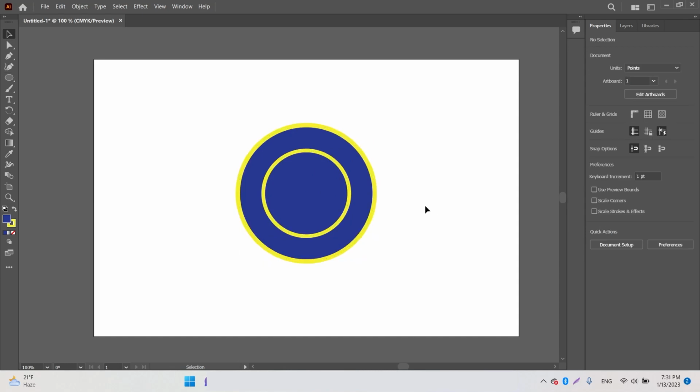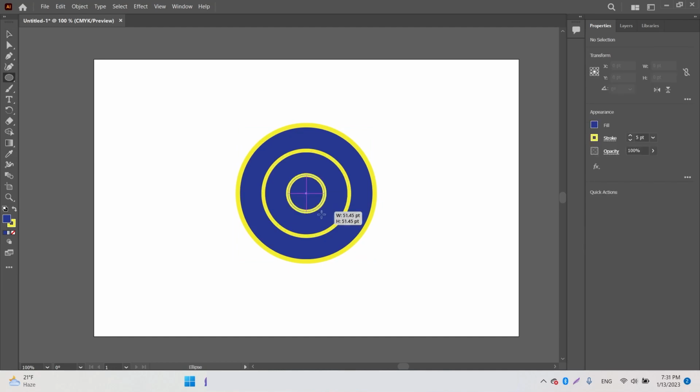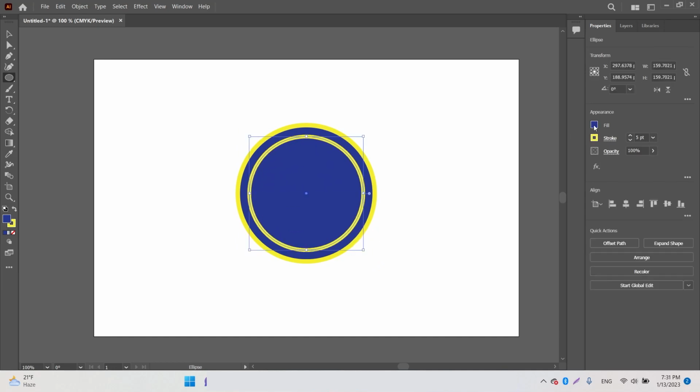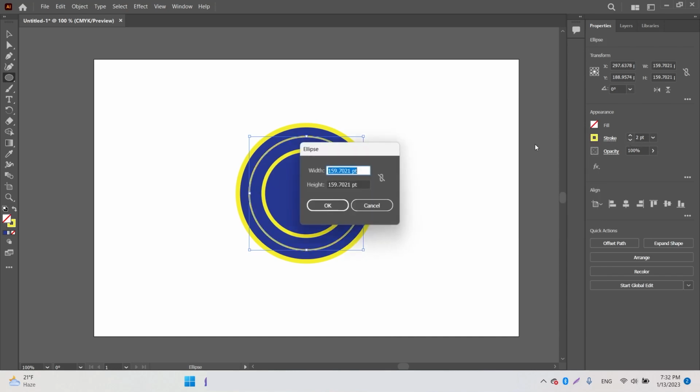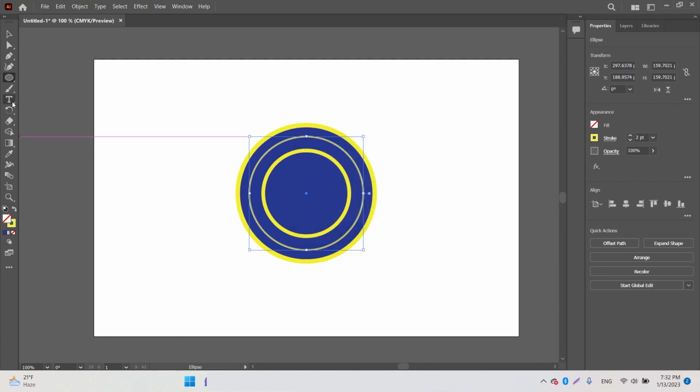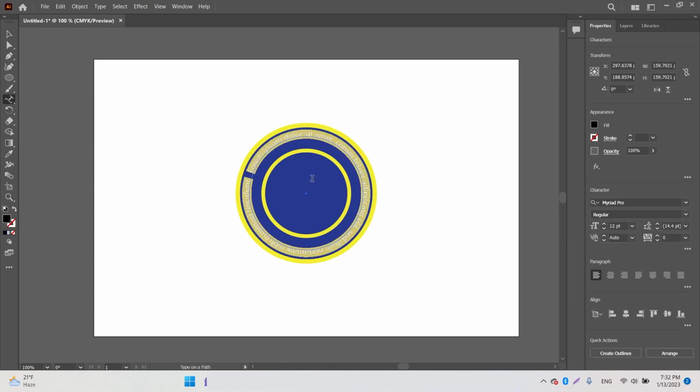Something like this. Since I'm going to write Jamshed Academy, I'm going to make another circle and just need the outline for that one, and maybe the outline should be like that. I'm going to press the type tool, and you have Type on Path, you are going to click on that one. Once you click on that one, I'm going to write Jamshed, maybe all capital letters, Jamshed Academy,